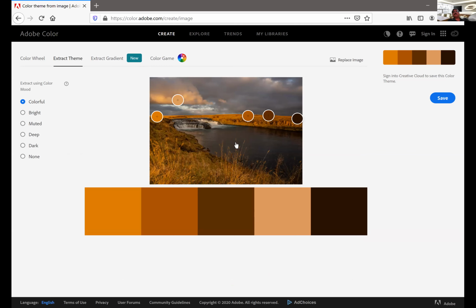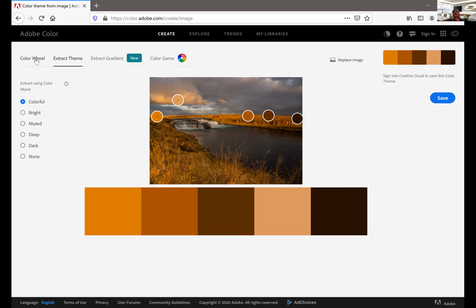The first day we had a waterfall, and this was the picture taken during the late evening. So once you import this picture into color.adobe.com, it automatically analyzes the different 5 colors, and if you want you can change it, but let me just leave it as it is and see what type of harmony it uses.